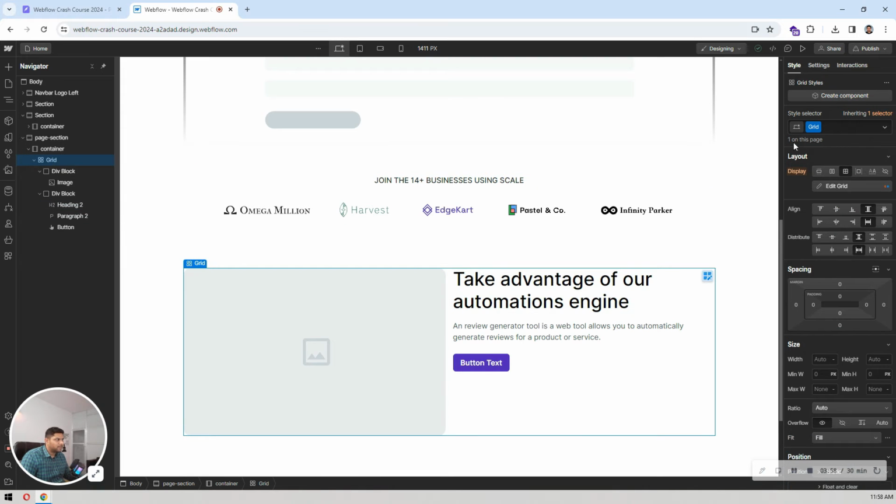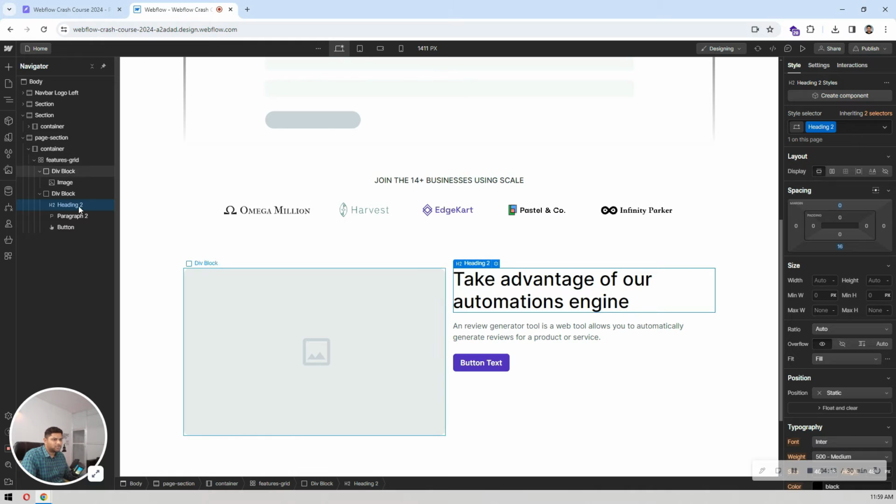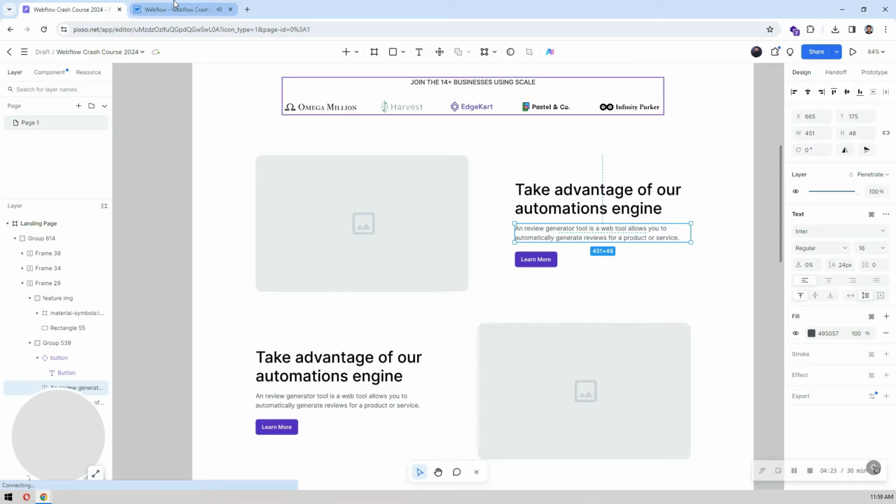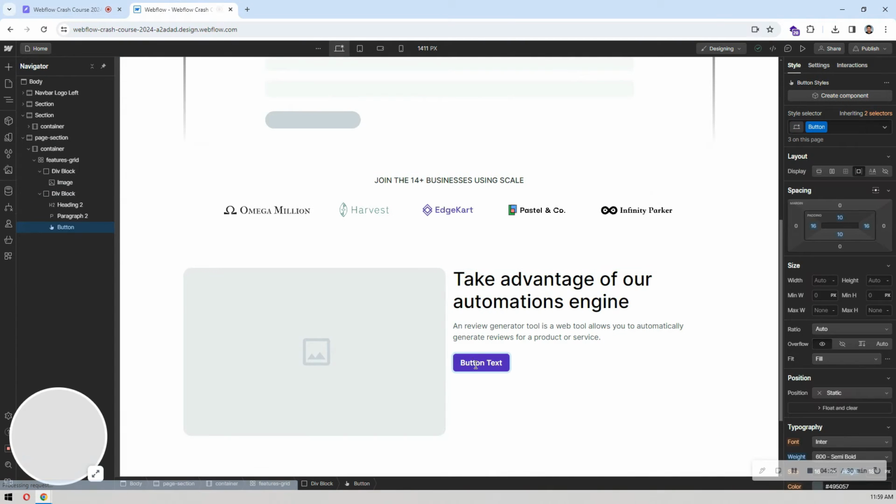Here, this grid, let's say it should be like features grid. That means if anyone is working on this project, your partner or your teammate, they know what this grid is used for. Like this heading h2, give a proper name. Right now, I'm just showing you how this works, that's why I'm taking all these examples. Learn more text is